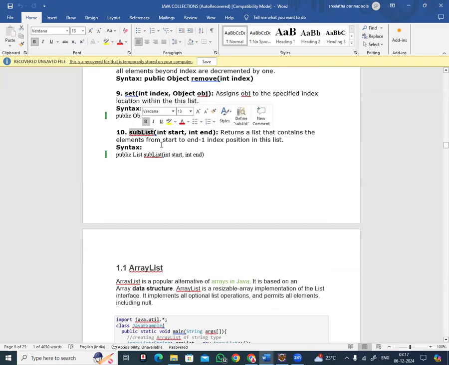The sublist. When you want to get a sublist from the array list based on the start position and end position, it will return a list that contains the elements from start to end index position in the list. That means when you have 50 elements in the array list and you want the sublist of 25 comma 30, that means from the starting index 25 till the 30th index, you get the list of elements. That is a sublist. So the sublist method will return the list of elements based on the starting index number and ending index number. These are not the array list's start index and end index. Whatever collection of objects you want to return from the array list,